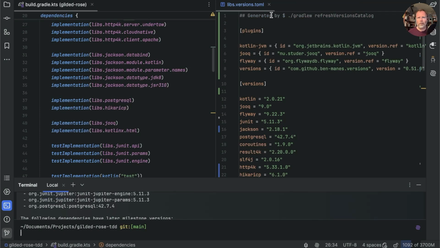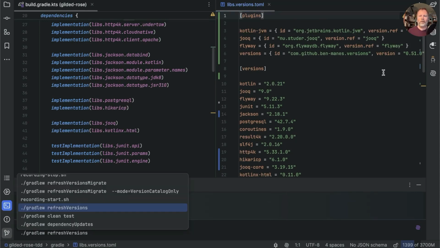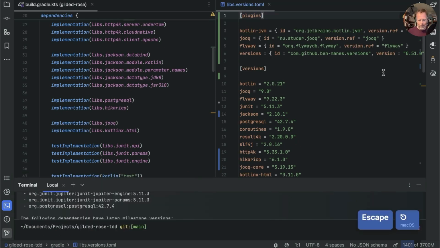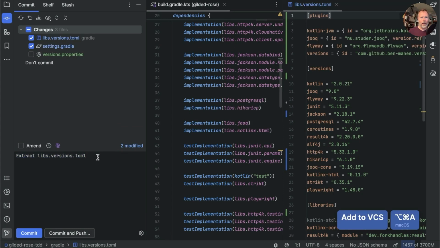So now we have a single point of truth of all of our versions and symbolic names for our libraries. It's a little untruth there that this was generated by refreshVersions catalog, because it wasn't. Get rid of that. And we know that we can run refreshVersions at any point in order to find out what options are available to us and easily apply them in the file. So short and sweet today, let's commit that with add this to VCS and introduce refreshVersions Gradle plugin and update